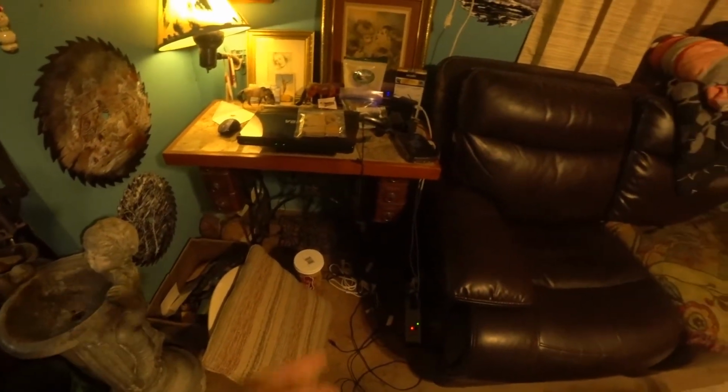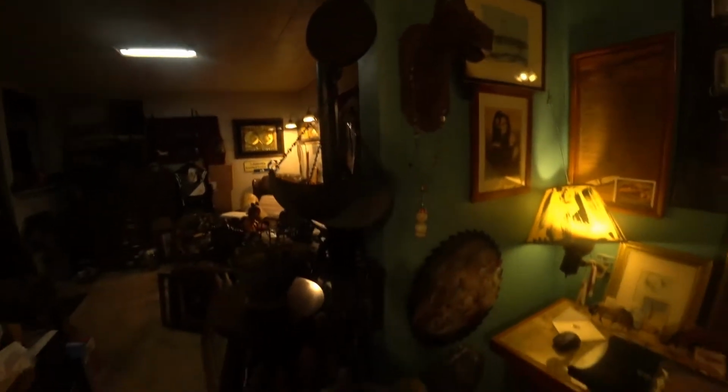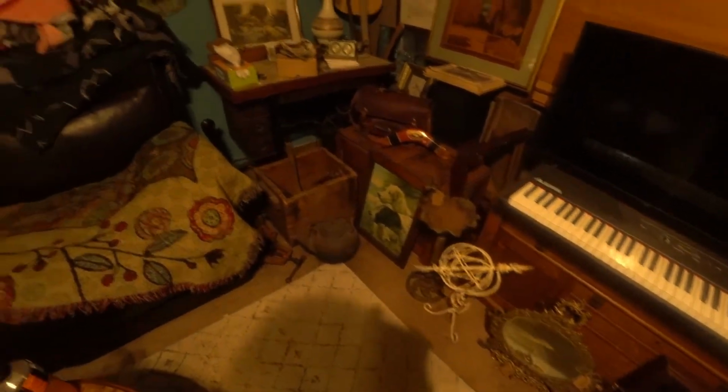All kinds of pictures, paintings, uniforms, stuff I've repurposed. Stuff's all over the place, all over my walls. Trunks, other boxes, all kinds of stuff. Like I said, I repurposed these antique sewing machines and different artwork and very unusual stuff. There's another one, an entertainment center I made out of an old buffet type thing. But anyways,